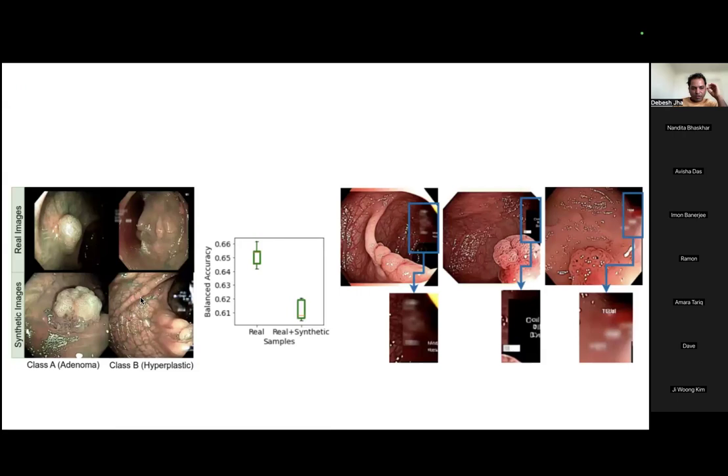And then, for example, we generated some images using a diffusion model. You can see some of the real images and synthetic images. Then we tried to compare the performance, running the model on real images and on synthetic images. You can see our model was better with real than with real plus synthetic, for example. When developing data using a diffusion model, for example stable diffusion, it also incorporates some of the real information, and sometimes it might degrade the model performance. So this is our learning from some of our studies.